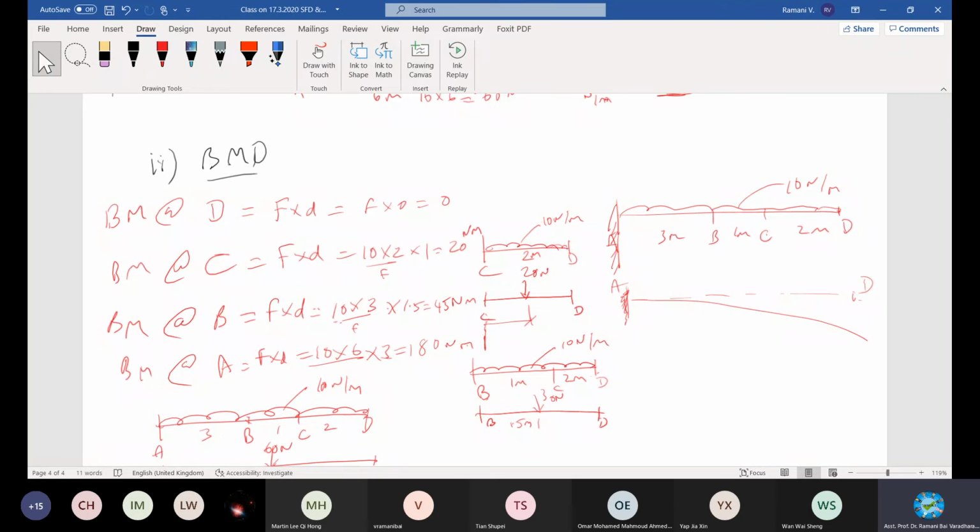Either way, you can do it, there are two different ways. You take the free body diagram, apply the equilibrium conditions to find the reactions, or assume a cross section at one side and take the moment about that axis. That is also one way. This is another way. For initial understanding, we do it this way. To find the bending moment for this UDL, given the length of 6 meters from A to D, and the distances are given B, C, D.